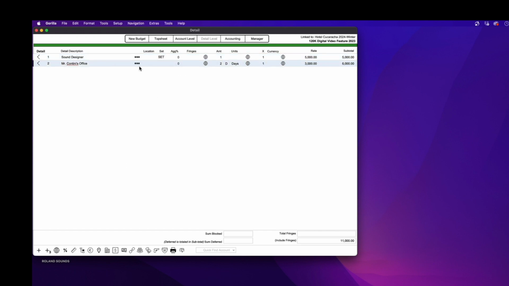And this is brought in from the budget, and you can see the 2 days come in at 3,000, which is a 6,000 total. Now, I can just let that be and continue on with my budget. However, if I want to track, just like I did with set, how much we are spending at all the locations,